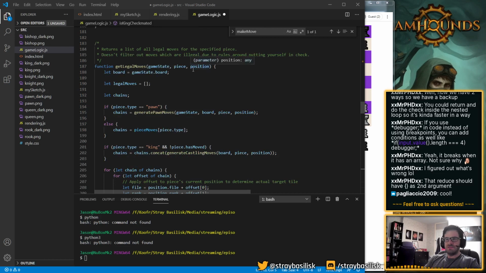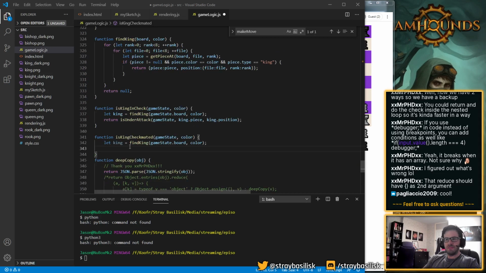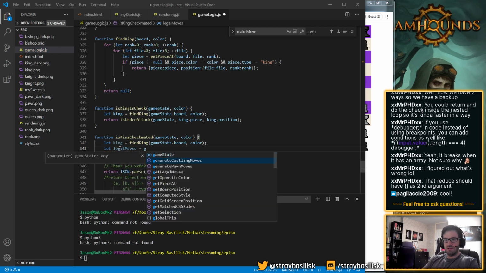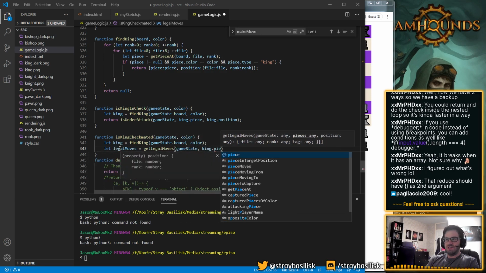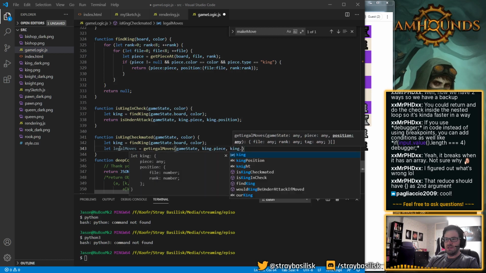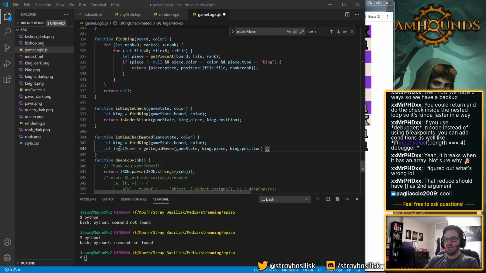Get game state piece position. Okay. Use game state king dot piece king dot position.